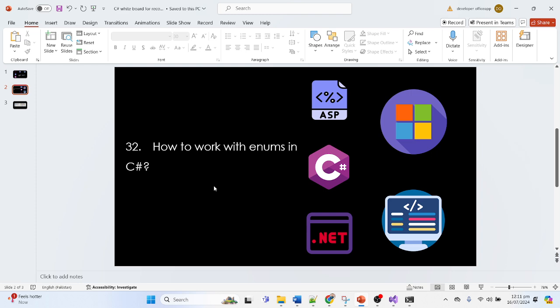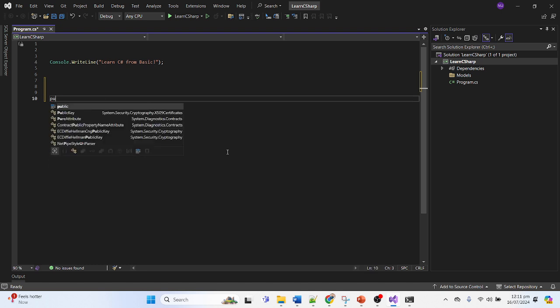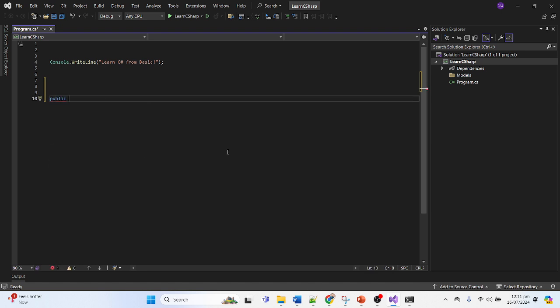Now let me jump directly to Visual Studio so that I can show you how we can use enums and what the basic usage is. I will define here basically two enums. The first enum, for example, is